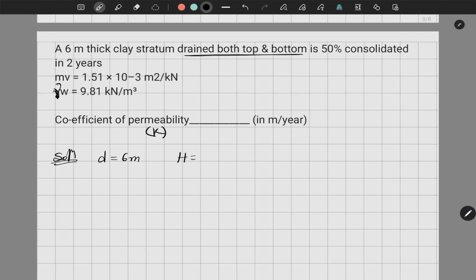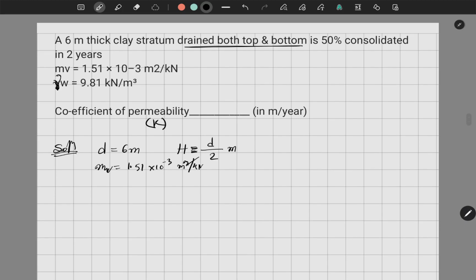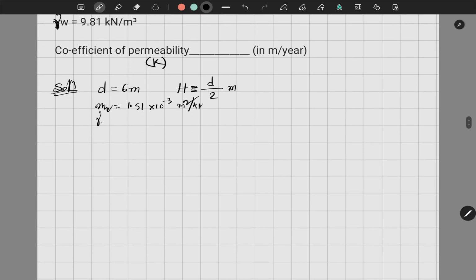Since the drainage is happening from both sides, the drainage path will be D/2 meter. Then mv is given, mv is equal to 1.51 × 10^-3 meter cube per kilonewton. Then gamma w is also given,